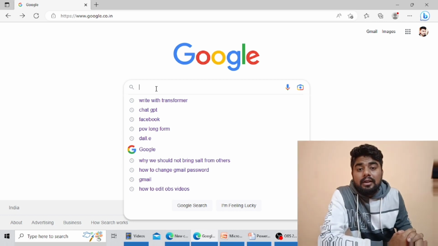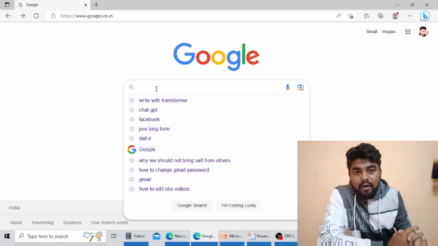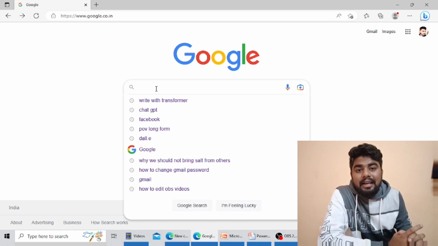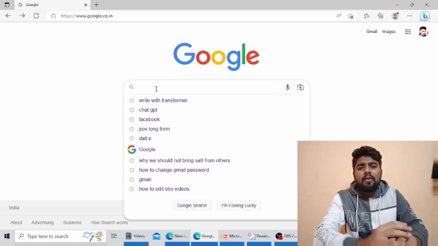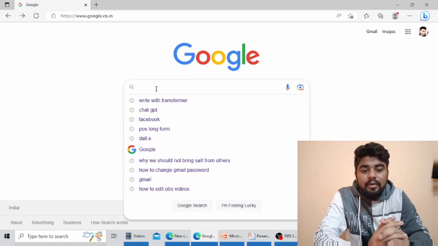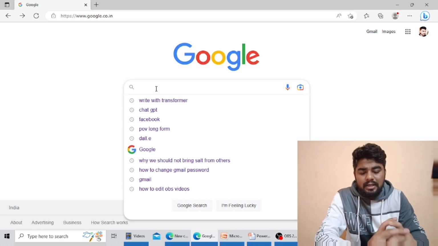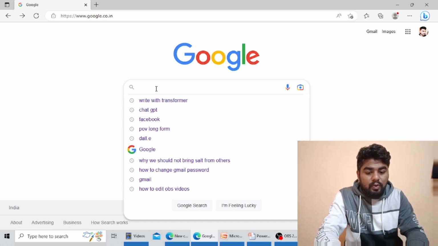So what if I told you that you have a tool which gives the exact information that you wanted, which understands what you're asking for and fetches the information and gives exactly what you wanted. So without further ado, let's go ahead and see what that tool is, right? But before seeing that tool, let's see how Google gives the information we ask. I'm just going to ask a simple question to Google.